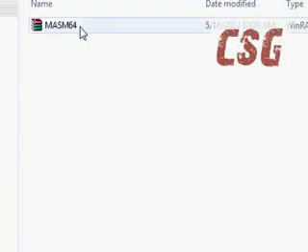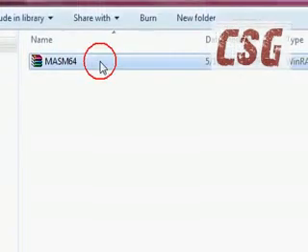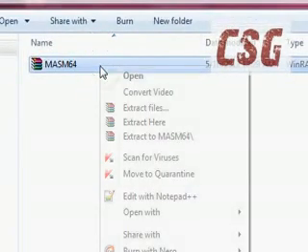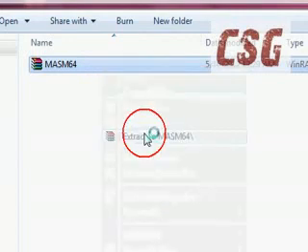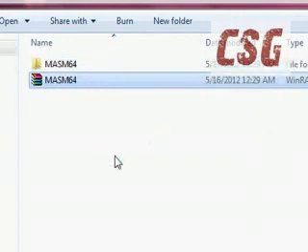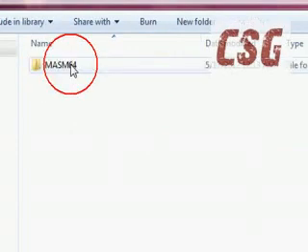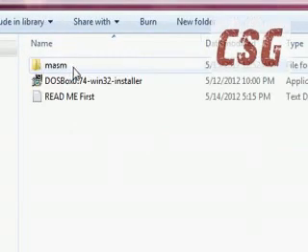Here I already have downloaded that one, so I'm simply going to extract it. Okay, so here we got it extracted.